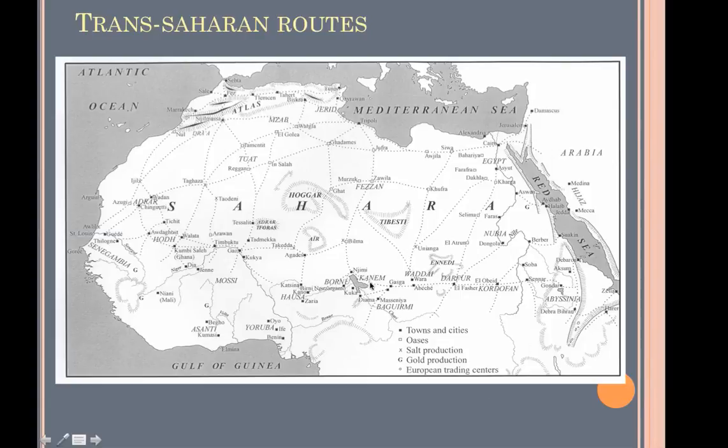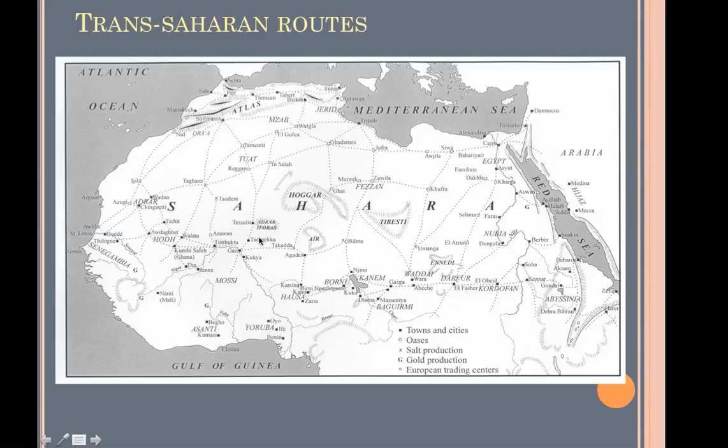So if you look here at this key down here, gold and salt were some of the most important items, and you see sites of gold production all around here. In fact, some ancient Roman coins were coined using West African gold. So we know that these are quite ancient sources of gold for the Middle East and for Europe. Around the year 0, these routes started to be pioneered, and like I said, it took about 1,000 years before they became as extensive as this, with a few really important hubs.